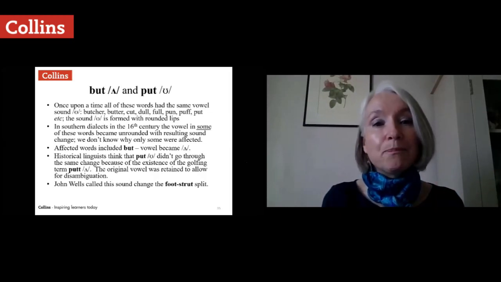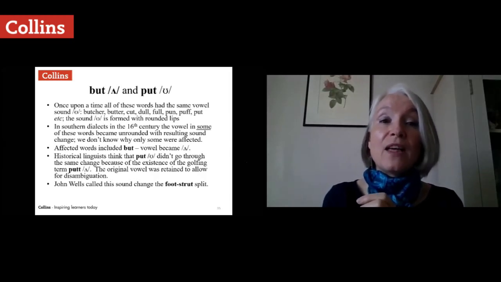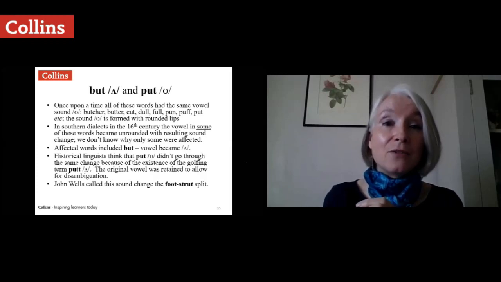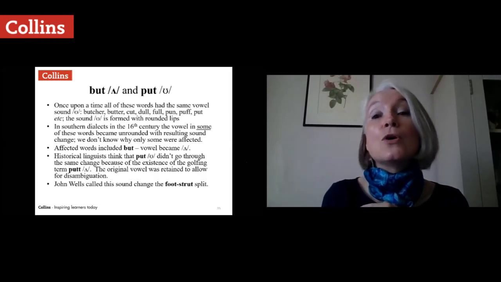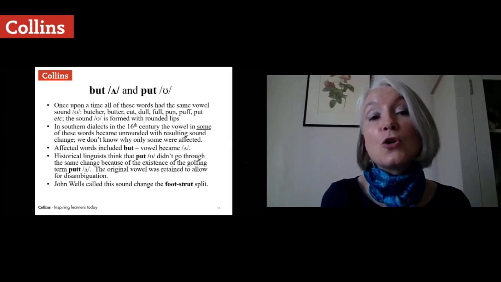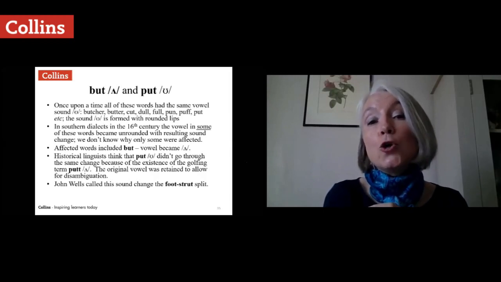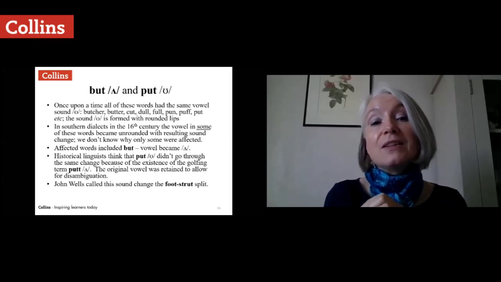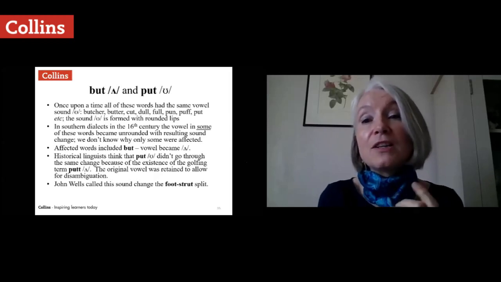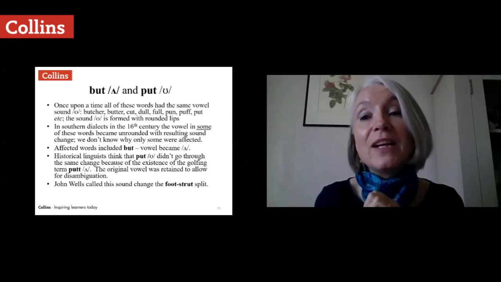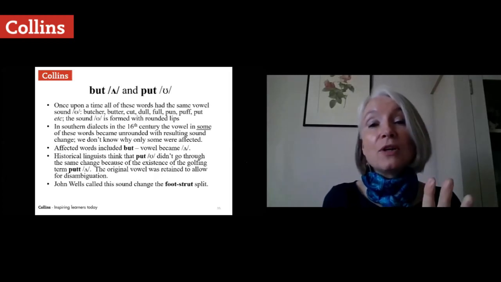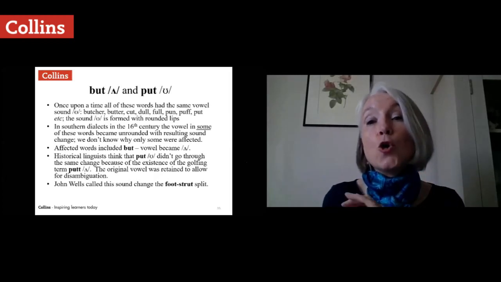So this is why. Once upon a time, all of the words spelled with that U had the same vowel sound. And the vowel sound they had was the sound in put. Butcher, butter, cut, dull, full, pun, puff, put. The sound is formed with rounded lips. Remember, I had a photograph, and I don't know if you can see me, like we're blowing a kiss. Once upon a time, all of those words had the sound as in put. Butcher, butter,